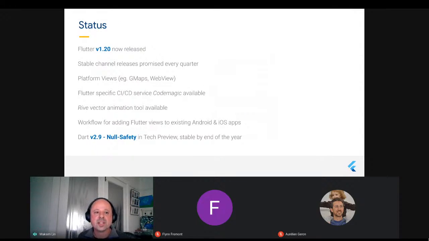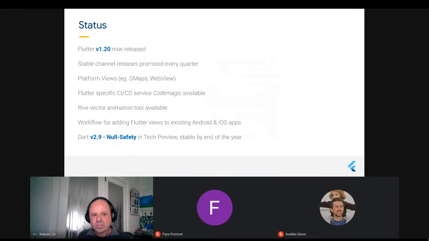Now, the status of Flutter is that it's already quite mature. The reason I included this is that it's already at version, and even that's out of date because recently version 1.22 has been released. So they basically are now having a stable release every quarter. There are also beta and development channels that you can check out to see what's coming down the pipe, like new features or if you need a particular bug fix.